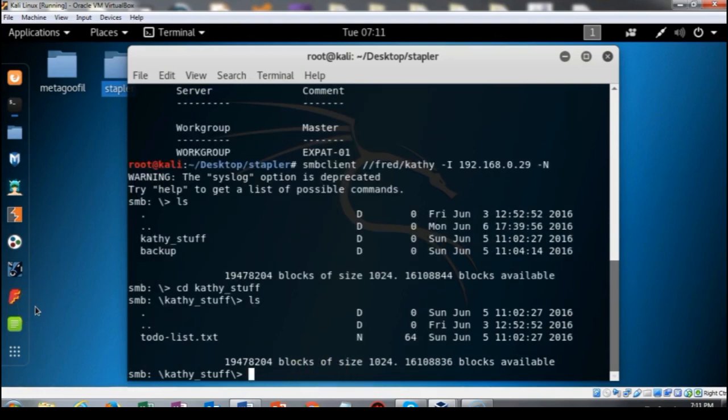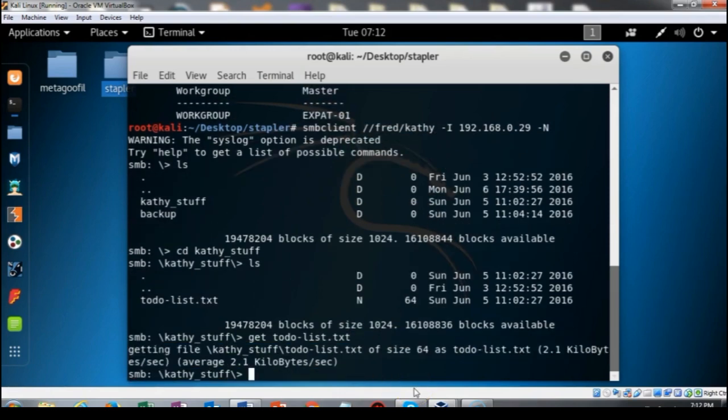Kathy's_stuff directory shows that we have a text file called to-do-list. So we're going to go ahead and get that and copy it on over to our stapler directory, and then we're going to take a look at the contents. So at the SMB prompt I've typed in get, space, the file we want to capture, which is the to-do-list.txt. I'm going to hit enter, and it lets me know that that file was successfully copied over